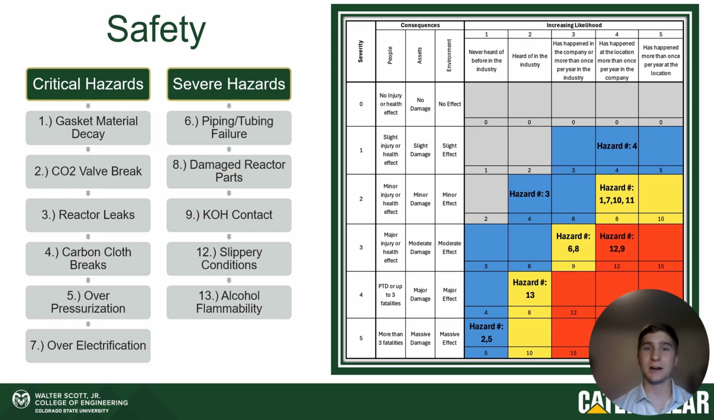If our electrochemical reactor were to be scaled up, safety risks become more pronounced, particularly in areas such as piping and tubing failure, reactor part damage, and hazardous material exposure. Piping failures at higher operational pressures could lead to leaks or bursts, creating safety and environmental risks. Damaged reactor components may compromise system integrity, potentially causing inefficiencies or hazardous conditions. Additionally, contact with potassium hydroxide presents a chemical burn hazard, requiring strict handling protocols. Slippery conditions from spills and flammability of alcohol products also increase risks in a large-scale setting. Addressing these hazards through robust material selection, containment strategies, and proper safety protocols is essential for assuring a safe and